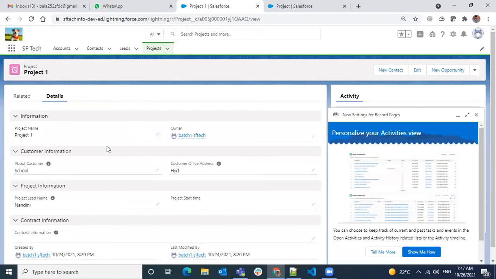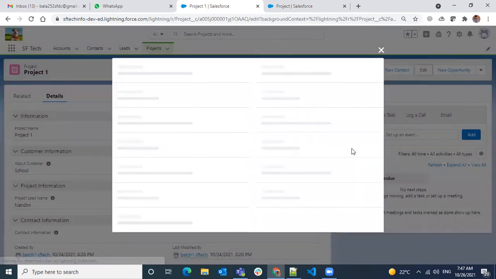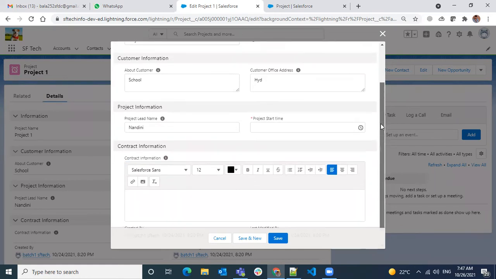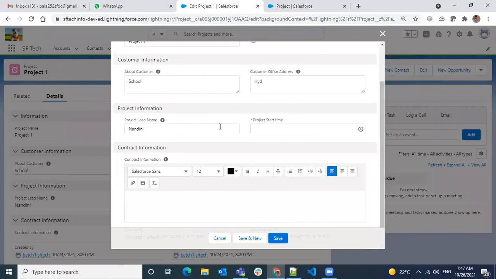See here, now all the fields turn into different sections: customer information, project information, contract information. If you're trying to edit, see before, this rich text field was shrunk to half of the screen. Now you can see the full screen, and these are half of the screen and side by side, left and right.